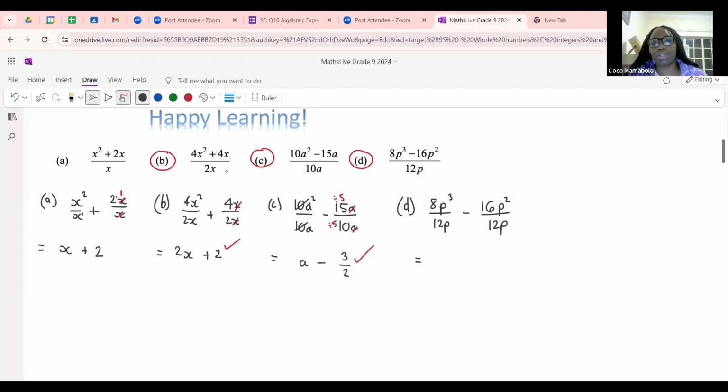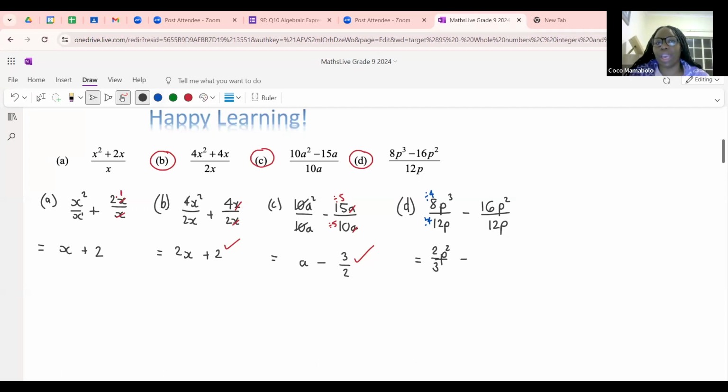Yes, Sinyane, absolutely. Good. I'm going to divide by 4 and divide by 4, right? So 8 divided by 4 will give me 2 over, and Mutabang, yes, that answer also counts. And then I get 12 divided by 4 will give me 3. Now, p cubed divided by p is going to leave me with p squared up top. So my final answer over here is 2p squared over 3 minus, and then again, I'm going to run into